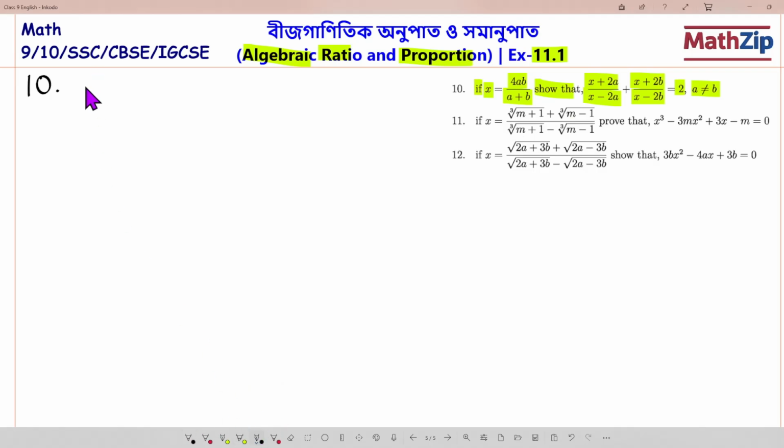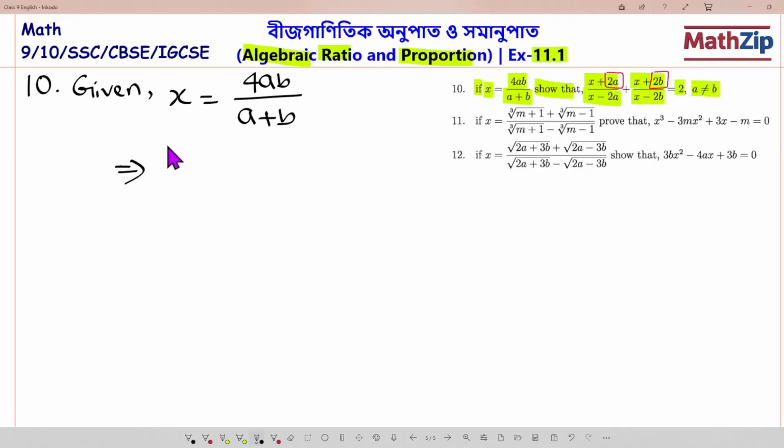So first, given x equals 4ab divided by a plus b. So here is a tricky term, like 2a and 2b. We need this one. So first, what can we do? First, our target is to make x plus 2a and then x plus 2b. So first,